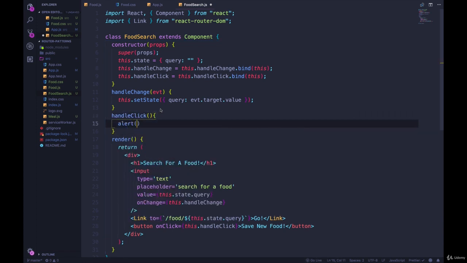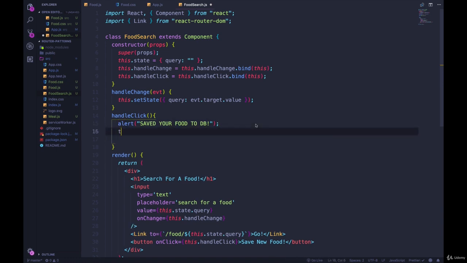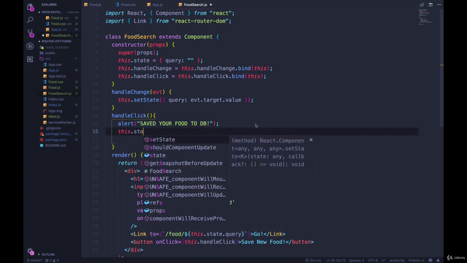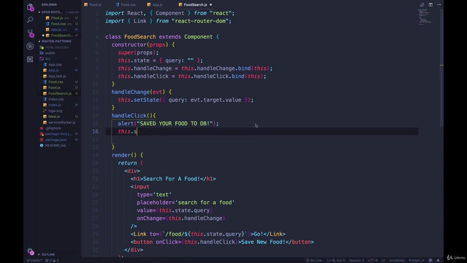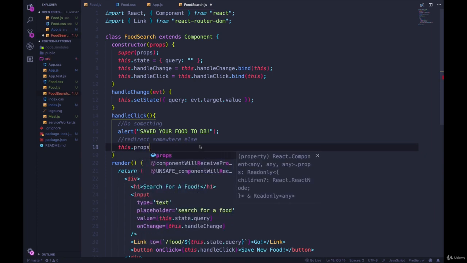Okay, so then inside of handleClick, if we fake saving to the database, it's just going to look like this. Let's do an alert that says saved your food to DB. So you would replace this probably with a method call like this.storeFood or something. You would run some code, and then at the end you want to redirect. So we would do something, and then redirect somewhere else. And to do that, it's